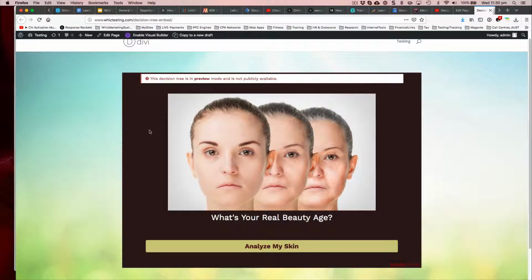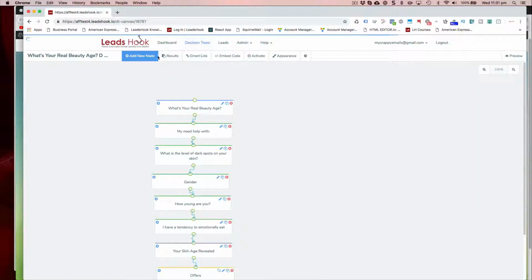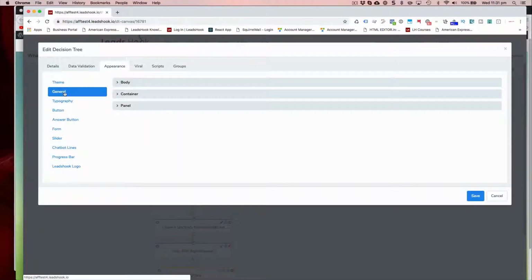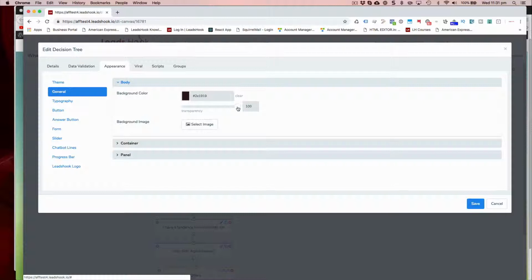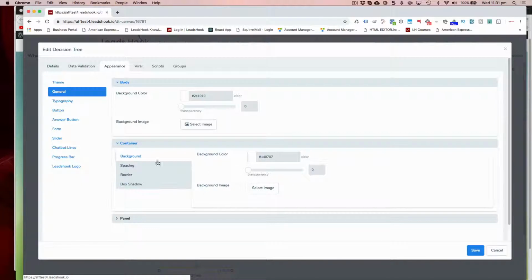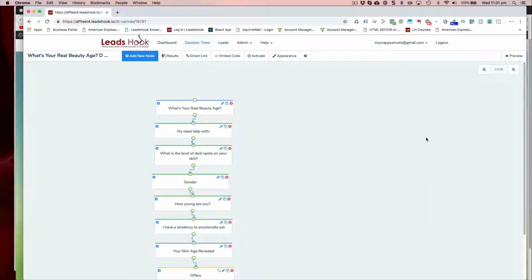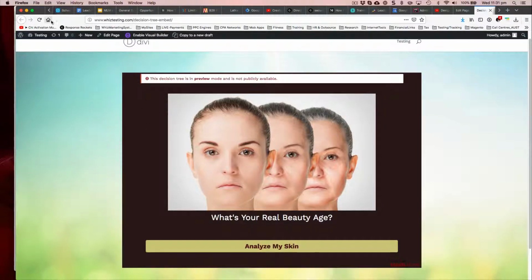You can control the background of the decision tree from inside here by going to appearance. So I'm just going to go to edit, go to appearance, and go into general here, and basically reduce the transparency. That's transparency already reduced. Okay, so let's save that. If I go ahead and preview this, you'll see that the background has